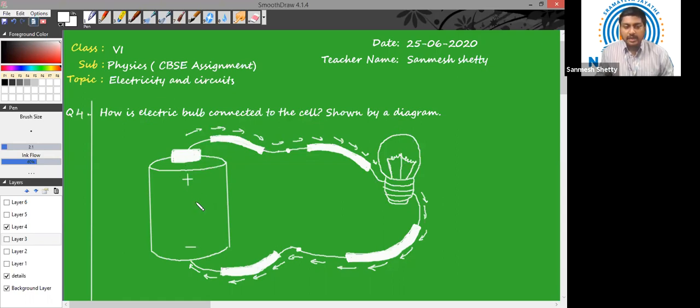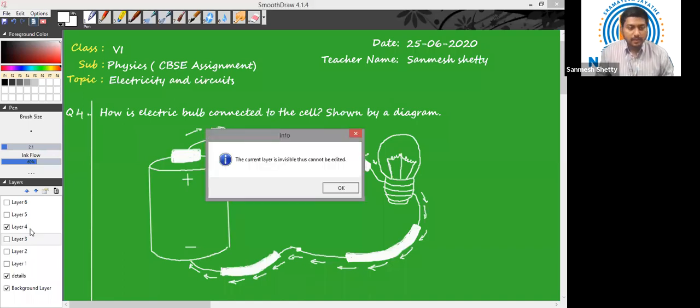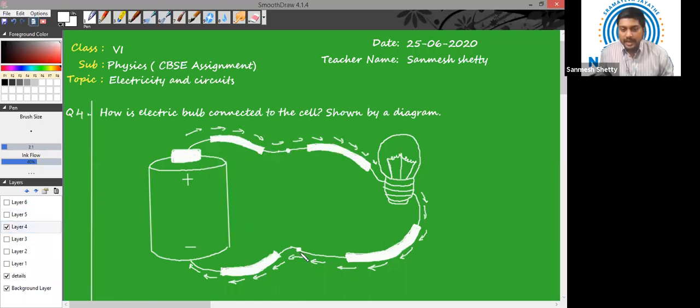I have made connections to my cell at the positive and negative terminals. Also, I have connected two wires to both the terminals of my bulb. And both the connections I am making at this particular point, as you can see. That means one terminal of the bulb is connected to the positive terminal of the cell, whereas the other terminal of the bulb is connected to the negative terminal of the cell. And this is how the circuit becomes complete and the current starts flowing. The current starts flowing when the circuit is complete and the bulb will glow.